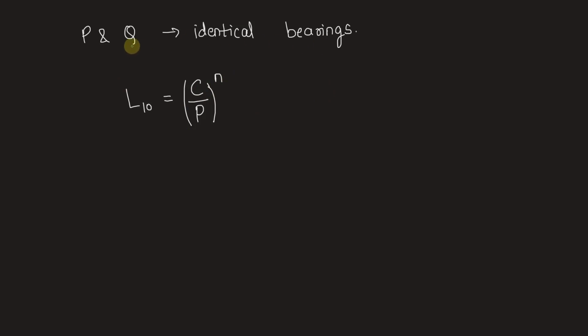Now the bearings being identical means their load carrying capacities will be the same. So we can write Cp equal to Cq equal to C. Also this life exponent will be the same for both bearings, so Np equal to Nq equal to N. Both of them are given to be identical ball bearings, and the value of N for ball bearings is 3. So by substituting all these values, we have